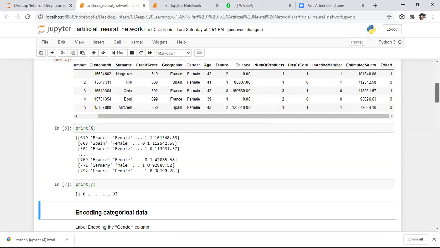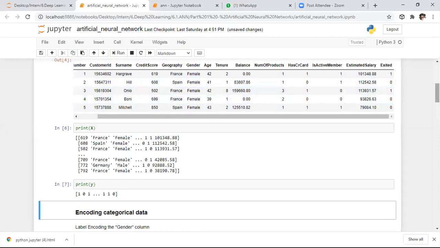So here we have a gender column. If you observe this data set, in the input itself we consider this gender column also. Based on the gender also, we can say whether the person exited the bank or not. We need to consider this gender parameter also. Coming to this gender, we have only two genders in this data frame. One is female, another one is male.